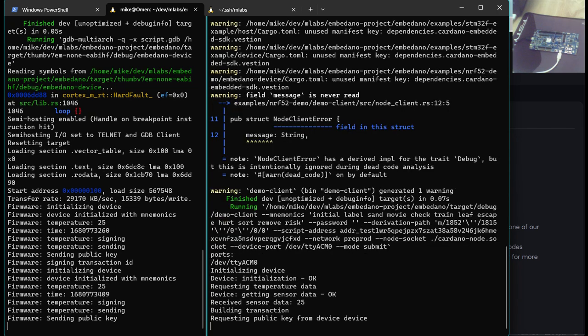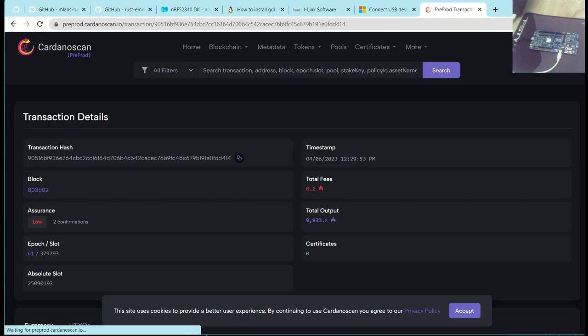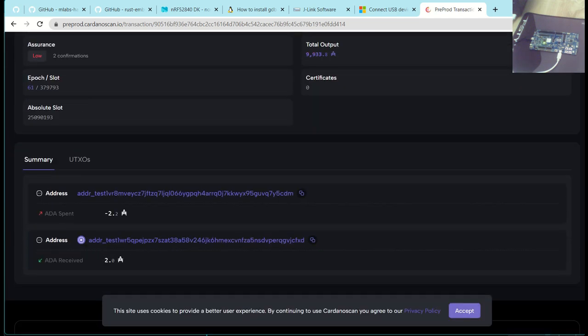Here the process is still going. Now we proceed to building the transaction. Let's check the previous transaction again. Okay, it was submitted to the chain, and we can